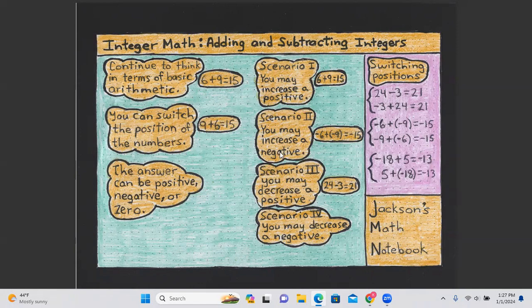Right now, you can pause the video and reread the clouds, or you may play the video as many times